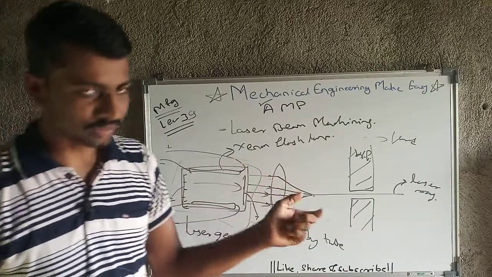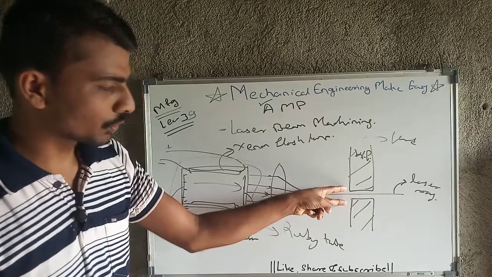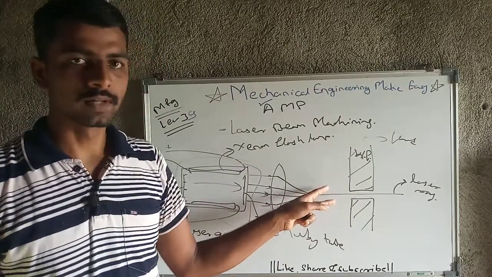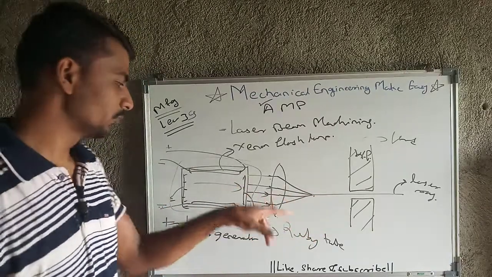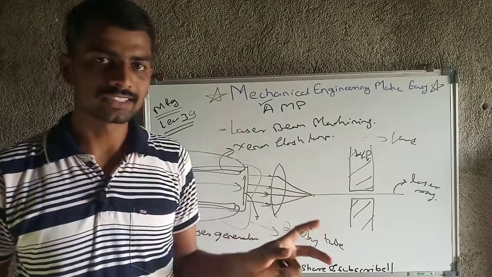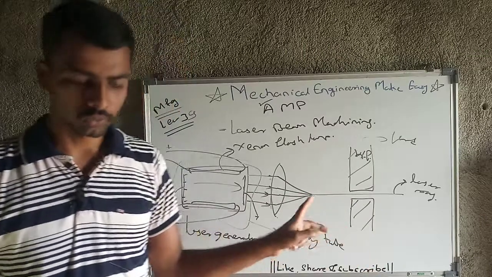Then control of hole size is also difficult. This size control is also too much difficult. That directly depends on the intensity of this ray and all the parameters. So ultimately we need to change directly the laser generated. So that is the big issue, that we can't control here the size of hole. This is also one limitation.